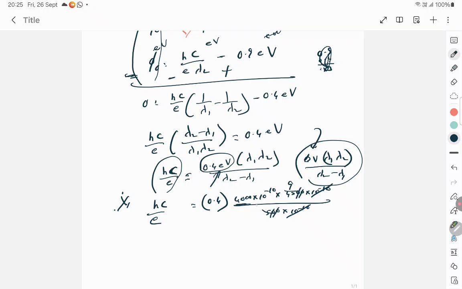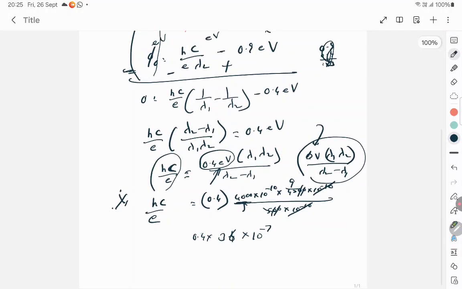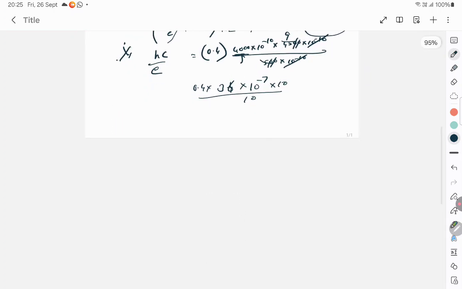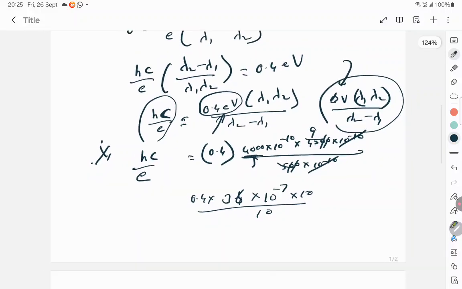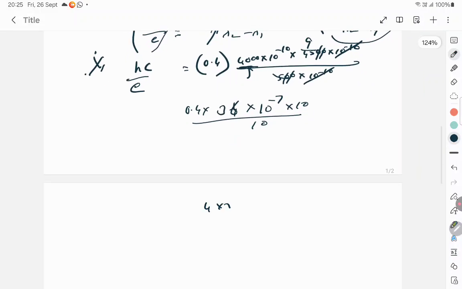This is 4 into 10 to the power 3, and this becomes 10 to the power minus 7 into 4 and 9. 9 4s are 36 and a 0.4, and you can multiply and divide by 10 so that you can make this 4. So 4 into 36, multiplied and divided by 10, is 10 to the power minus 8. 6 4s are 24, 4 3s are 12, 13, 14 into 10 to the power minus 8,